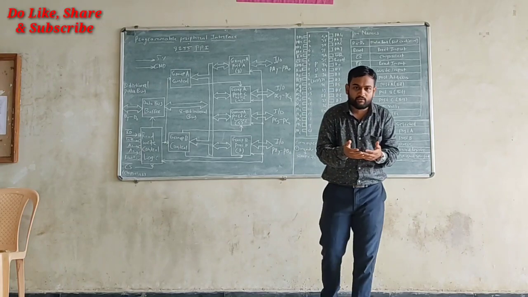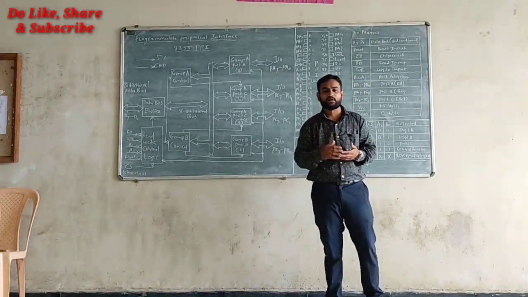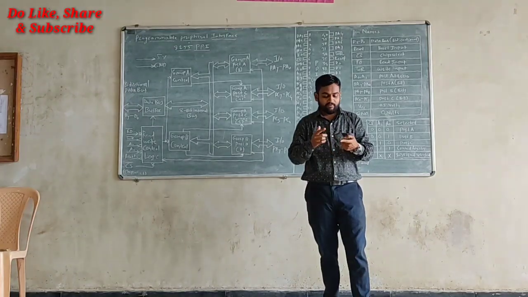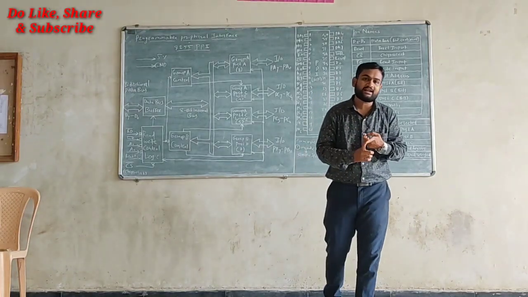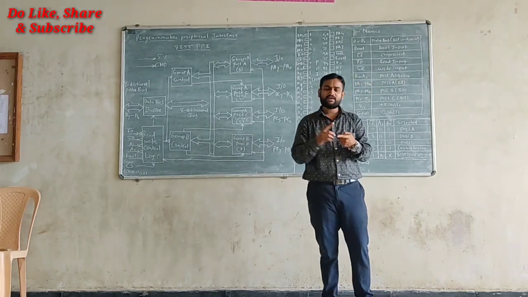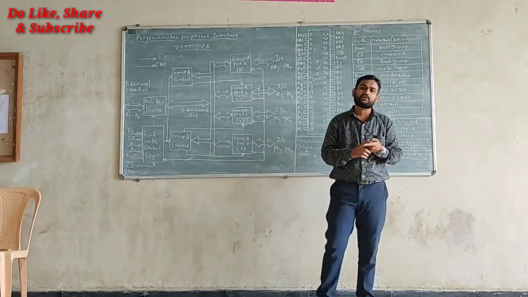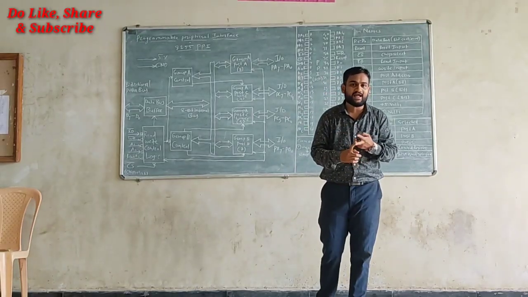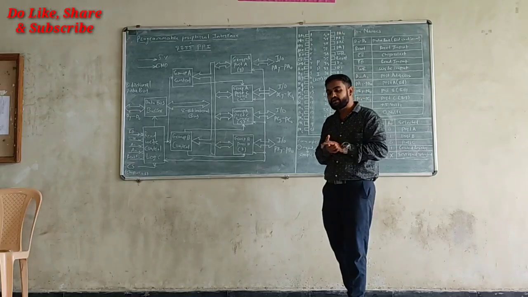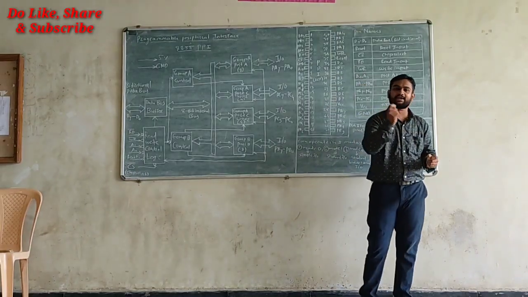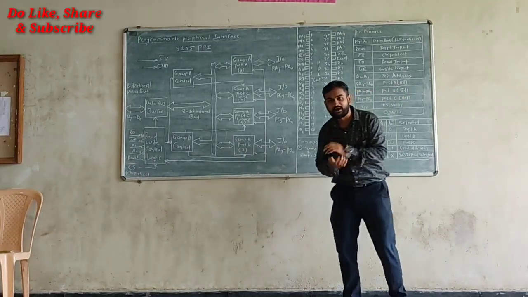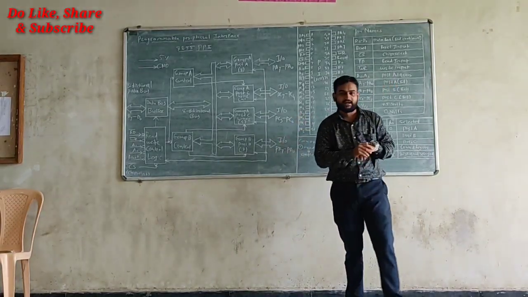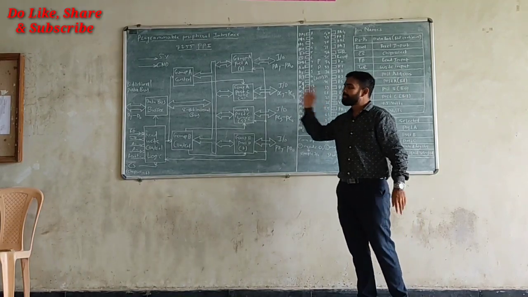From this video, we are going to start further discussion with the next points like PPI, that is programmable peripheral interface. We have PIT, programmable interval timer. We have USART, universal synchronous asynchronous receiver transmitter. We have DMA, that is direct memory access technique. So from this video, we are going to start with the first basic IC, created by Intel Corporation and supporting a 40-pin DIP package, that is PPI.